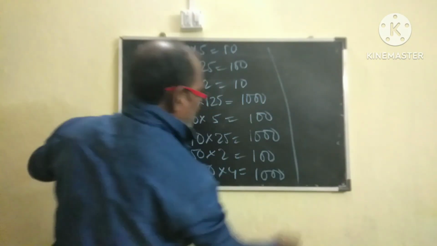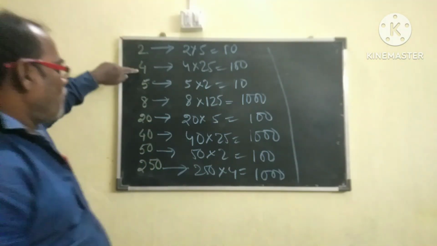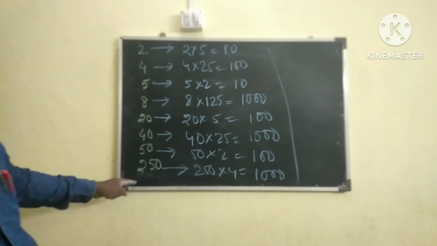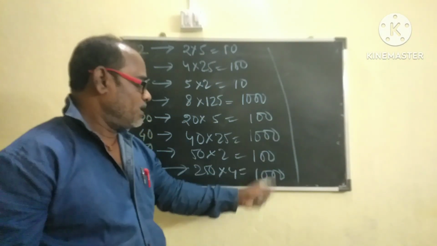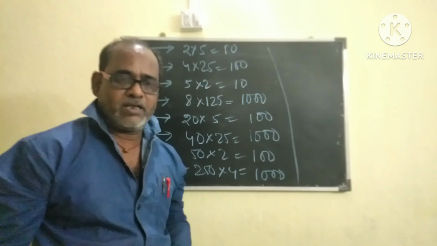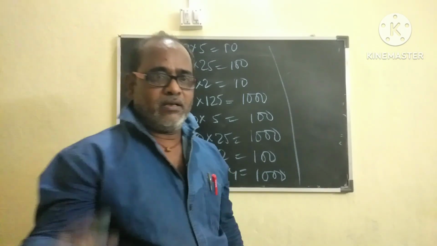In this way, if the denominators are 2, 4, 5, 8, 20, 40, 50, 250, you can make them 10, 100, 1000 in terms of tens, 100 and 1000, and find out the answer within